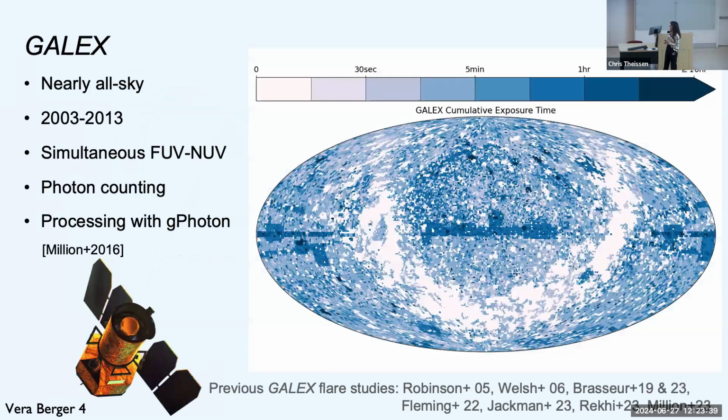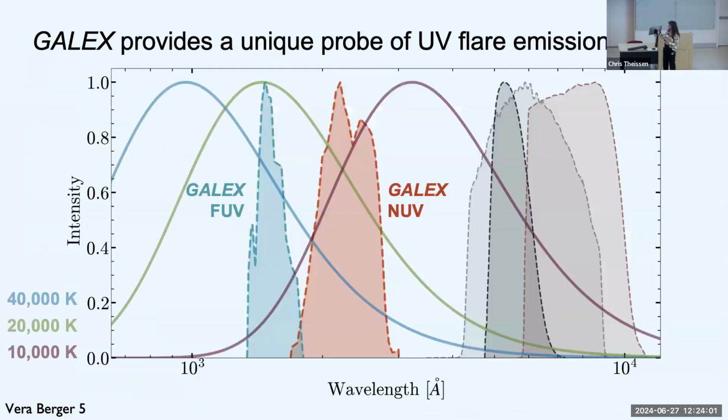So that brings me to the GALEX Space Telescope, which operated in the early 2000s and surveyed the entire sky save for the galactic plane. And GALEX detectors contained photon counters, which is actually really important because we can construct very high cadence light curves. And I'll show you an example in a moment. But GALEX observed simultaneously in the far and near UV, which allows us to probe these wavelengths that I've mentioned